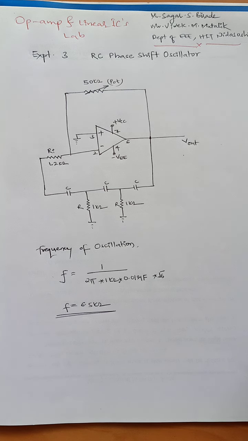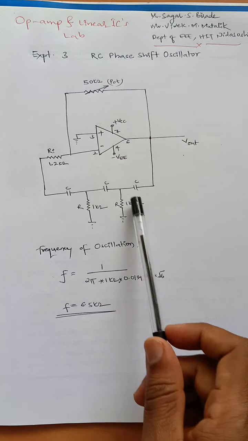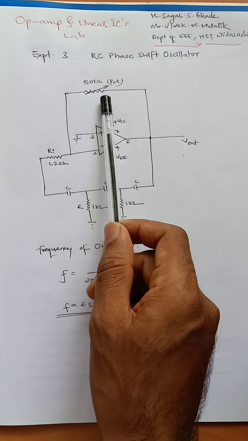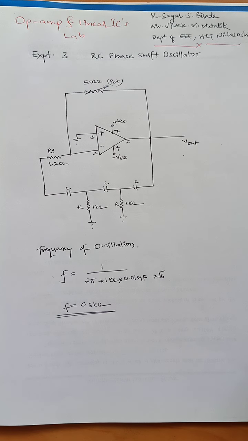The RC phase shift oscillator produces sinusoidal signals that are well shaped, and the shape can be maintained or varied by varying the potentiometer which is connected between pin number 6 and pin number 2. We have applications for these sinusoidal signals in local oscillators, for synchronous receivers, and in many musical instruments, or they may be generated in a laboratory to conduct some experiments.